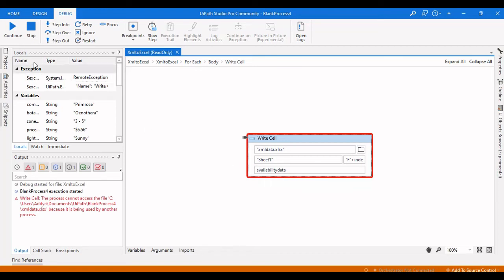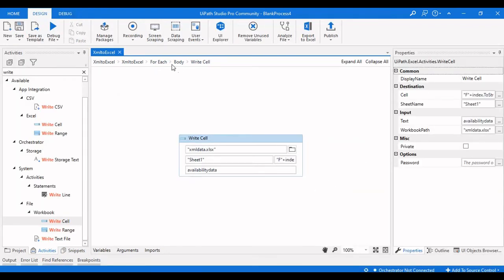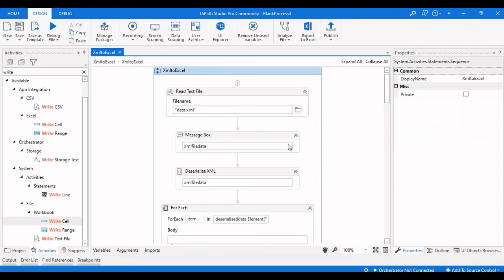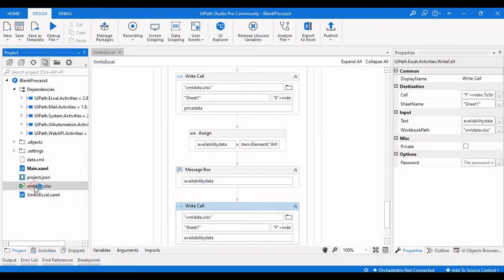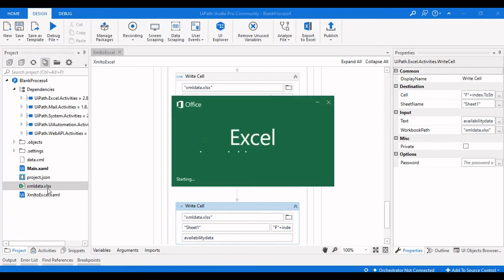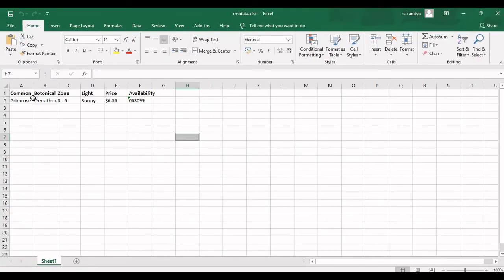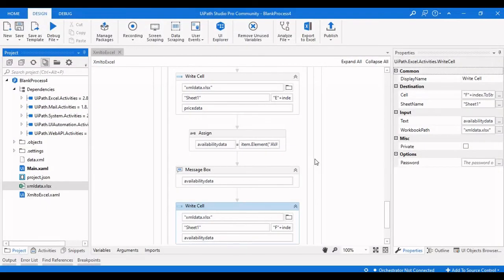Okay, yes, let us see up to what extent it has written the data. Actually it entered into only one row, which is the second one.